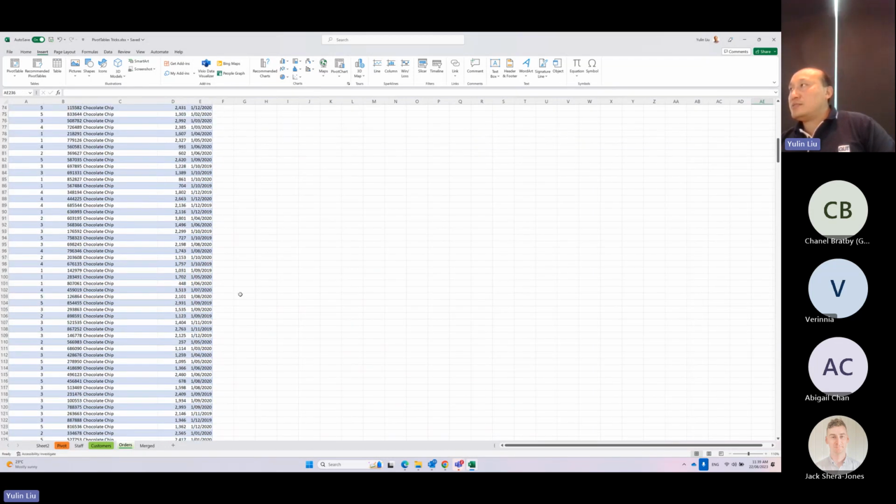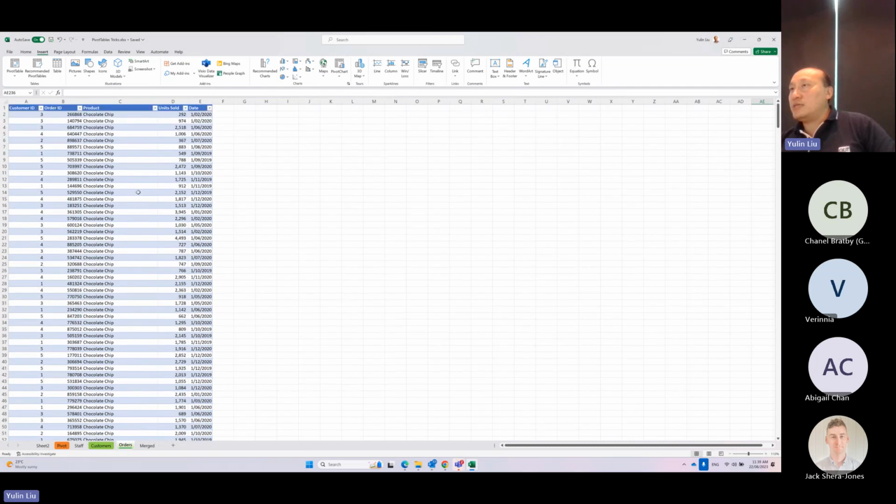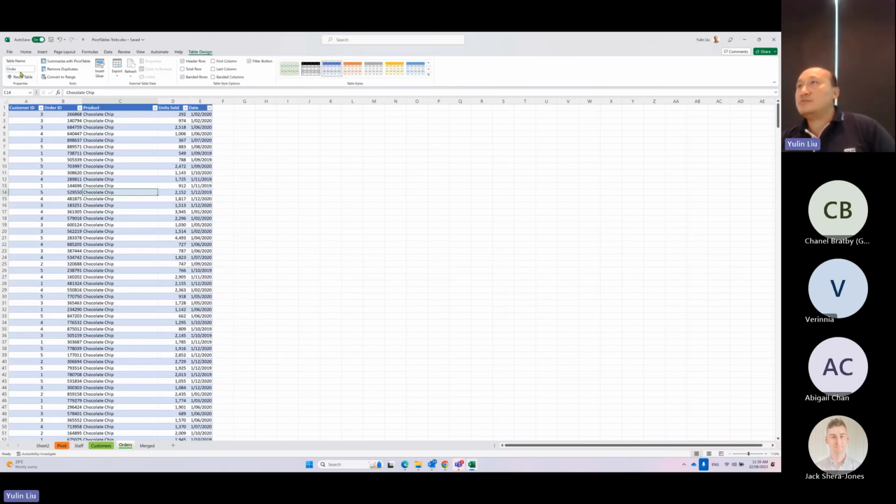Now let's create a pivot table based on this. Currently, the data is already in a table. The name of the table is called orders. Okay. So again, highlight any cell of the data range or the table of data you're going to use, and then go to Insert